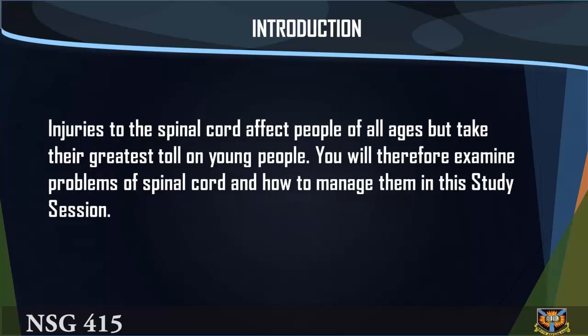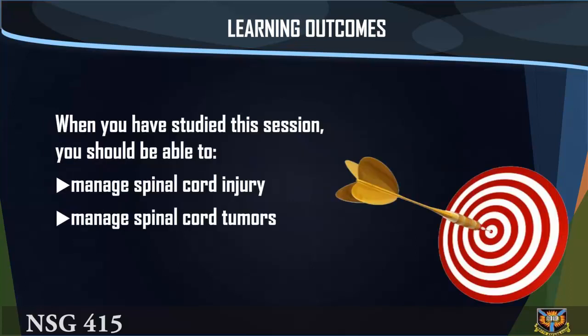Introduction. Injuries to the spinal cord affect people of all ages but take their greatest toll on young people. You will therefore examine problems of the spinal cord and how to manage them in this study session. Note that these injuries are characterized by decrease or loss of sensory and motor function below the level of the injury. Learning outcomes. When you have studied this session, you should be able to: